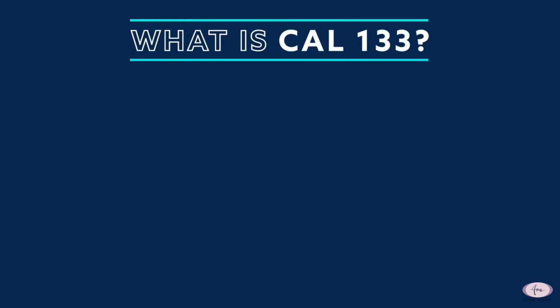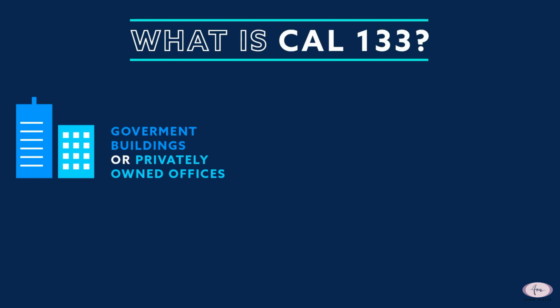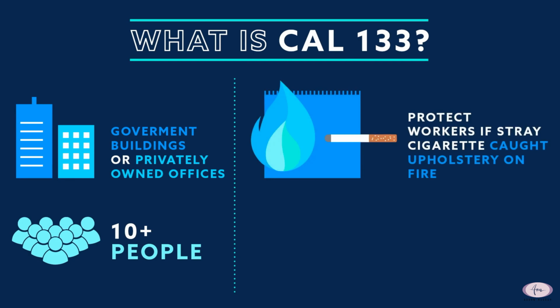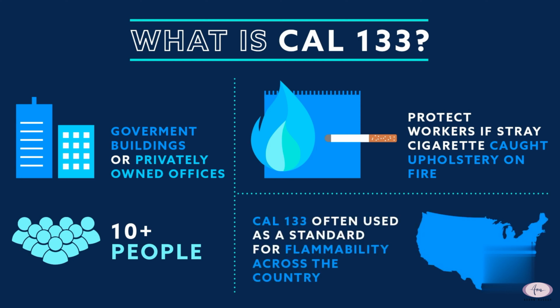California Bulletin 133 is similar to Cal 117, but instead it regulates the flammability of furniture for public spaces. Cal 133 is for spaces like government buildings or privately owned offices with 10 or more people. This order was first put into place to protect workers if a stray cigarette caught upholstery on fire. Even though it isn't acceptable or even legal in most spaces, Cal 133 is often used as a standard for